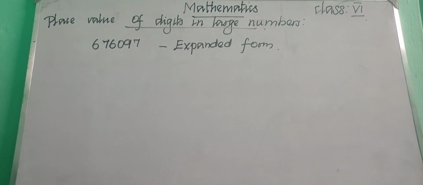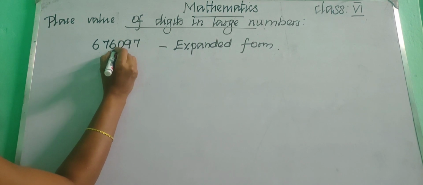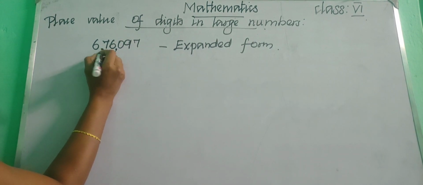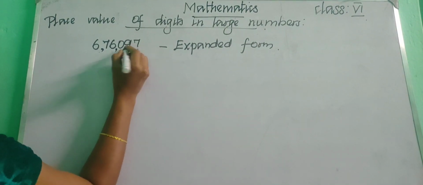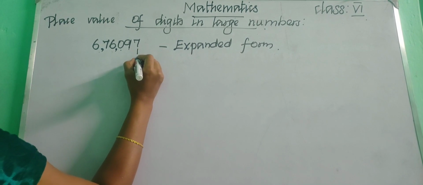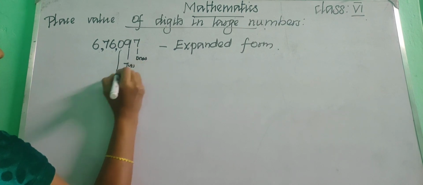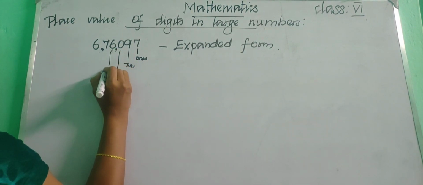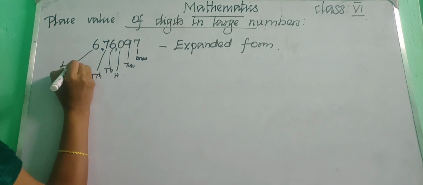Okay children, so first of all, in the Indian method, what we need to do? First of all, we need to insert commas, right? So let us insert the comma. We need to count from the right. First count 3 and put a comma, and after that count 2 and put a comma. So let us say the place values now. Ones, tens, hundreds, and then it is thousands, and then ten thousands, and then it is lakh.